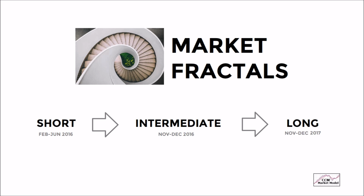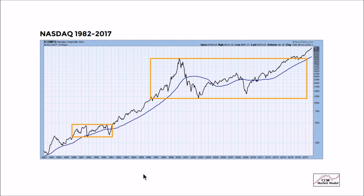Therefore, in this video, we'll be looking at another collection of long-term charts to see if they align with the story that was being told by the short-term charts and the intermediate-term charts. This long-term monthly chart of the Nasdaq Composite Index as of November 30th, 2017 seems to align with the weight of the evidence that tells us to keep an open mind about much better than expected outcomes over the next